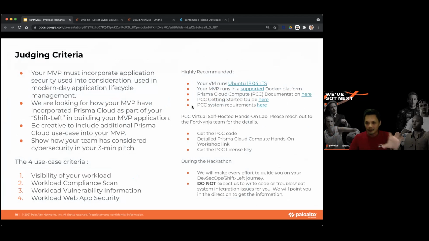And then very quickly give you a compliance scan. Are you using a weakly or insecurely configured container? Do you have a vulnerable system that you're pulling container images into? And are your web applications even secure from, let's say, OWASP top 10 vulnerabilities, such as SQL injection and cross-site scripting? So we've given a lot of resources there. The hands-on guide is there as well.